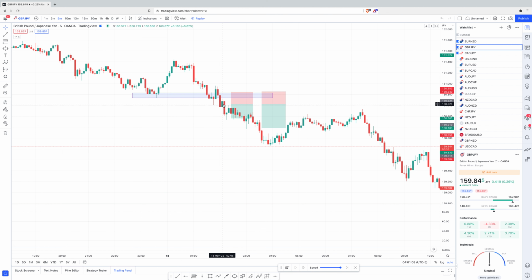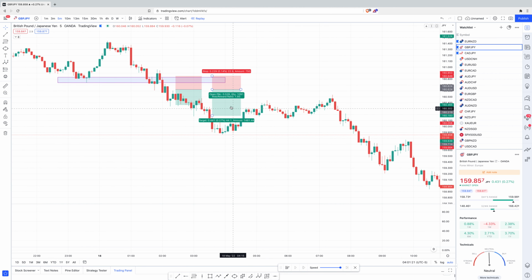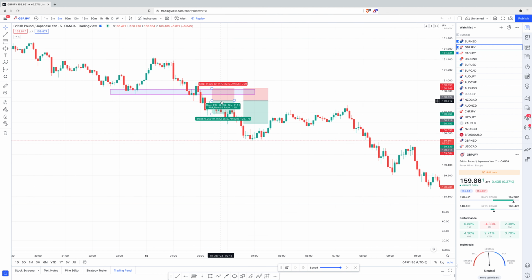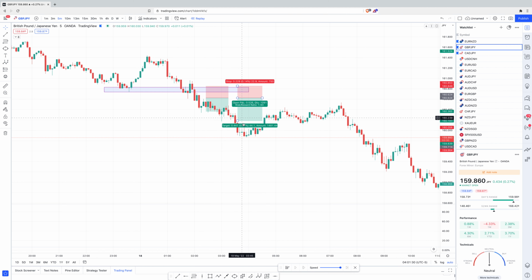So I enter right here, first take profit around a 1 to 1.15. Let's see, the first take profit. Second take profit is about 1 to 2, so 1 to 1.93, right? Second TP right there. And as you can see, this trade worked out nicely, hit TP 1 and 2 both,